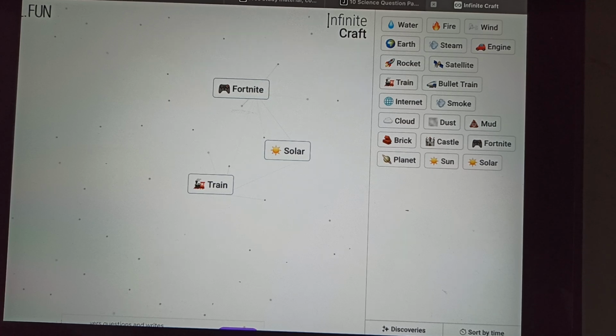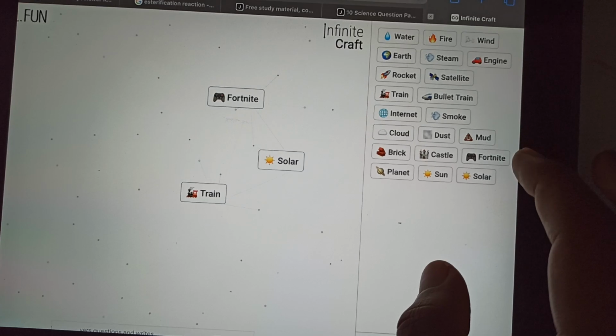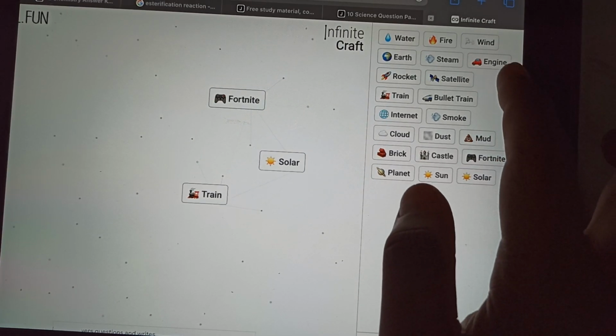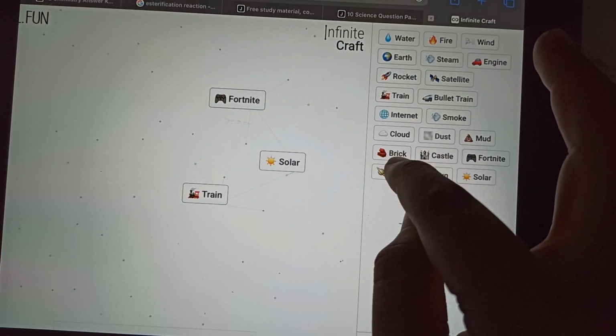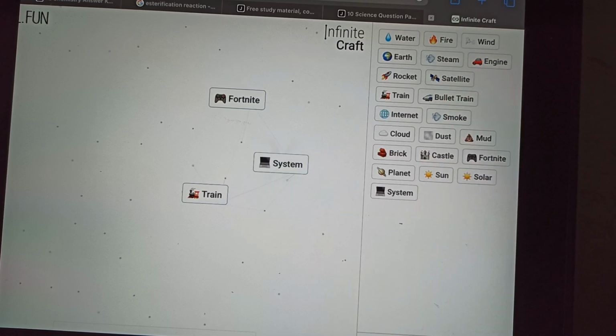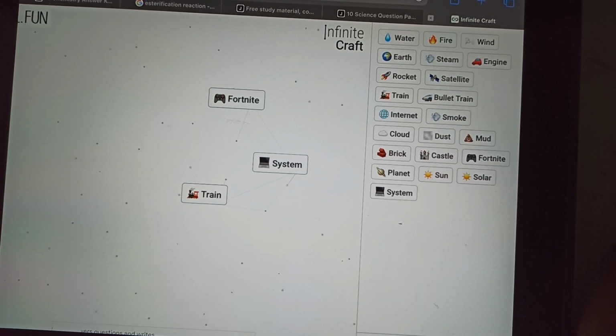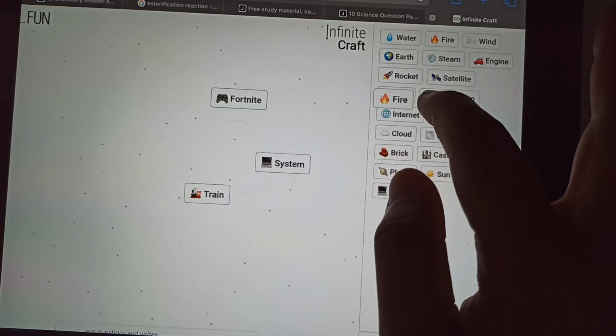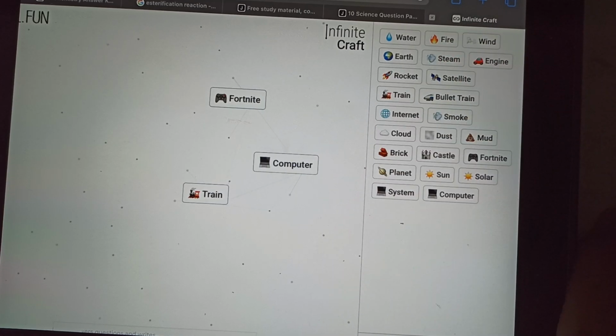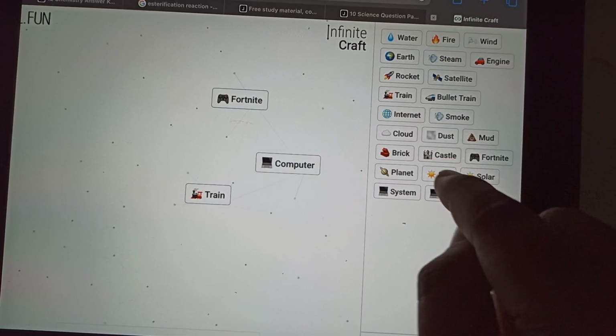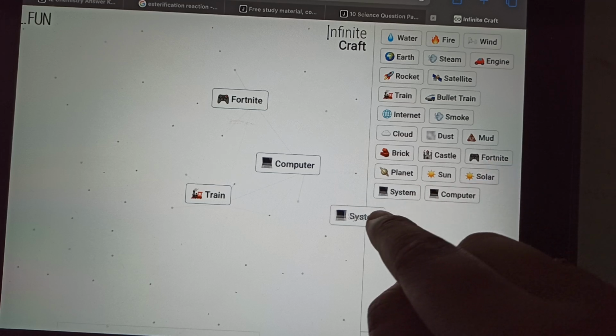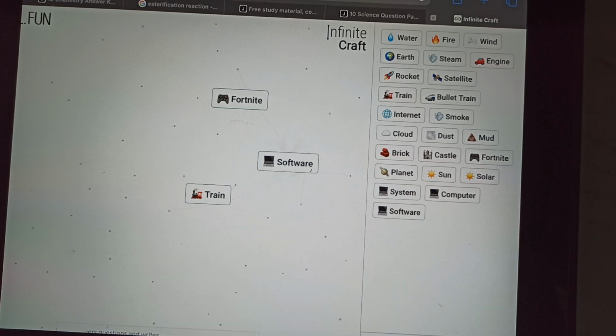Okay, where is the planet? Yeah, planet with solar will create system. Now use fire on system will create computer, and computer, just drag computer system on computer will create software,